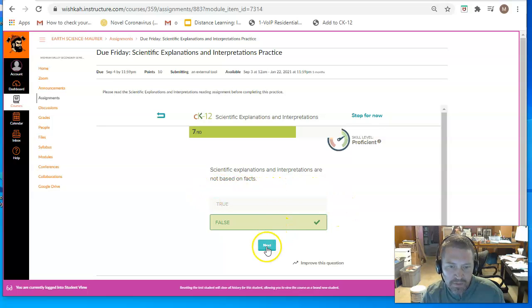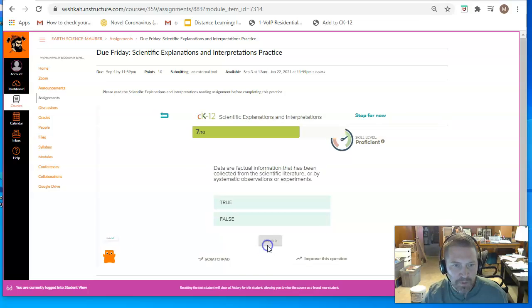Now you can quit these early, and it'll take you back to a page where you submit or turn it in, and I'll show you that, but then it'll give you a warning. Are you sure you want to do that? Because you're turning something in when you haven't finished it, and you can easily get a whole 100%. No, it doesn't quite say that, but pretty much. Let's see,